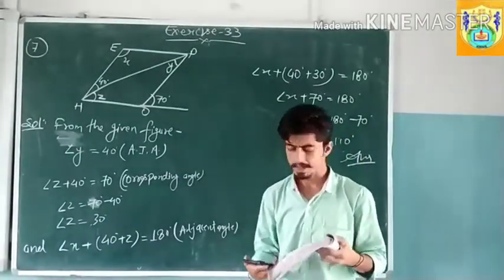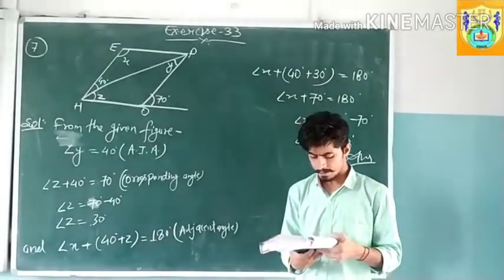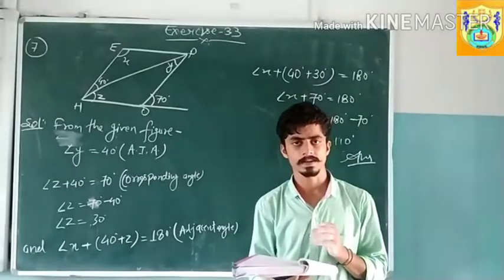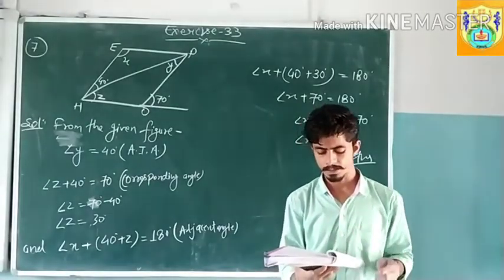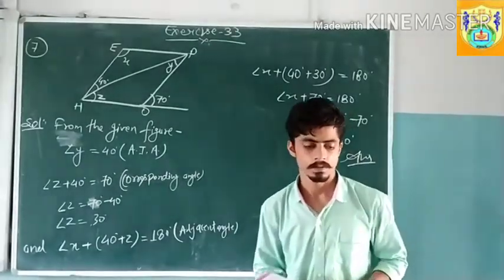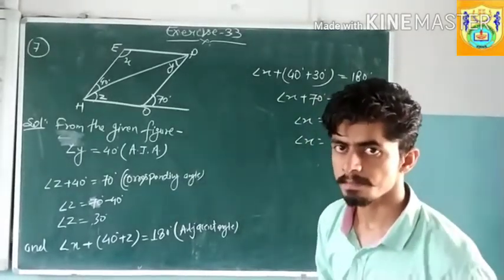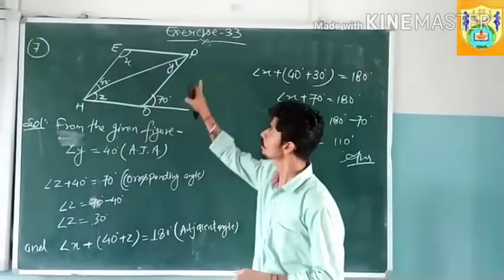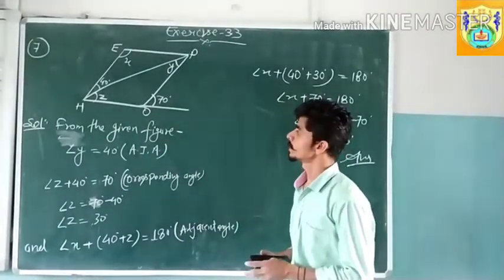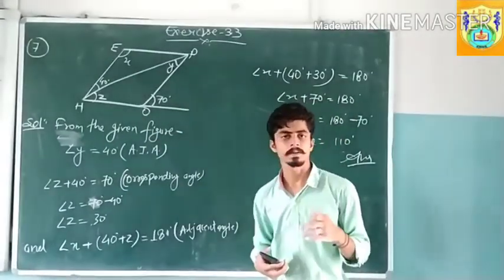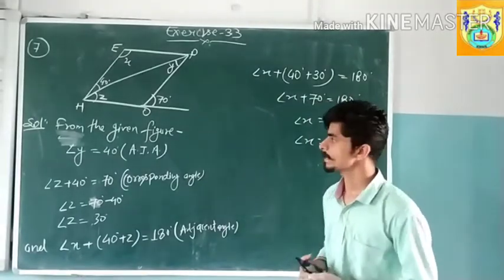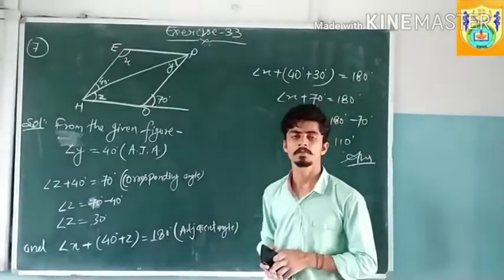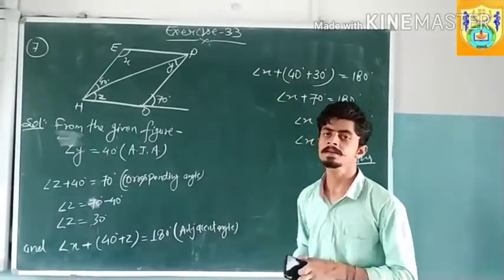Here HOPE is a parallelogram. Find the angle measures x, y and z. State the property you use to find them. So in this question there is a diagram given just beside the question, which is quadrilateral HOPE. In this quadrilateral some measurements of angles are given, as you can see in the figure, and now we have to find the value of x, y and z.